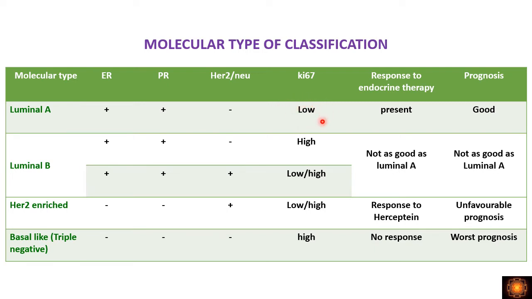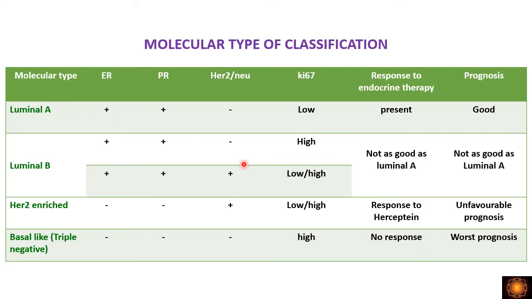And the Ki67 proliferative index is very low. These tumors respond to endocrine therapy like tamoxifen. The therapy works against these estrogen receptors, so it will work for them, and they have a good prognosis. That is luminal A type. Now luminal B type: here we have tumor cells which express ER receptors and PR receptors. They are also negative for HER2/neu, but Ki67 will be high, as the cells are proliferating fast.